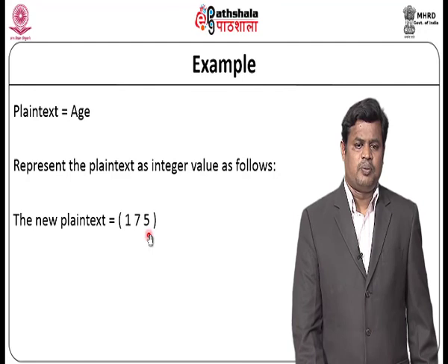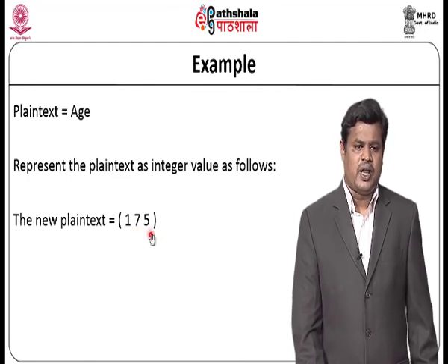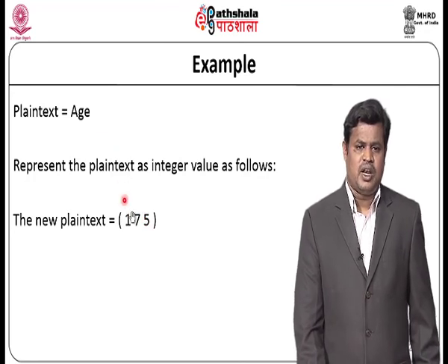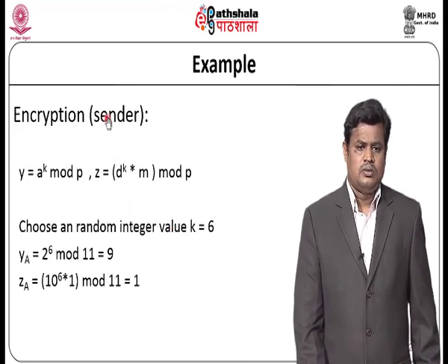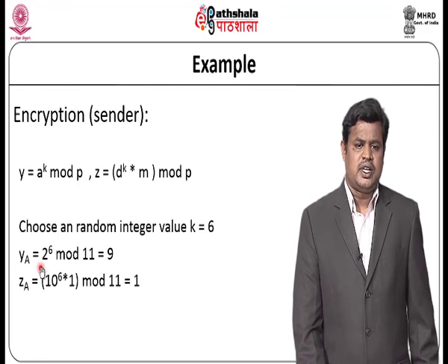According to the alphabet position A, B, C, D, E, F, like that, we are taking 1, 7 and 5. We assume the integer value for the plain text is A equal to 1, G equal to 7 and E equal to 5. Now for the encryption, we choose some random integer k equal to 6. So we are able to compute y A, the message that needs to be sent as the first cipher text. This is your C1,